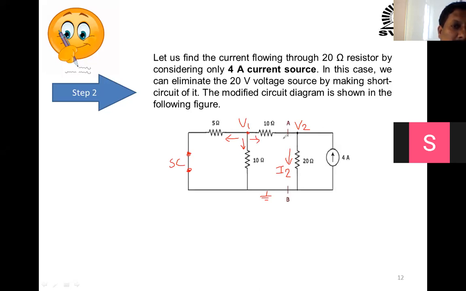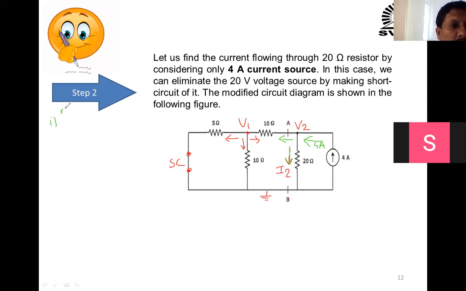Similarly, you can apply it here. This is outgoing. This is already outgoing. We have taken it here, and this is incoming because 4 ampere is incoming towards the node. So this value will be 4. So you can apply KCL at V1 and V2. We can get two equations and you have to solve. So we can start now.